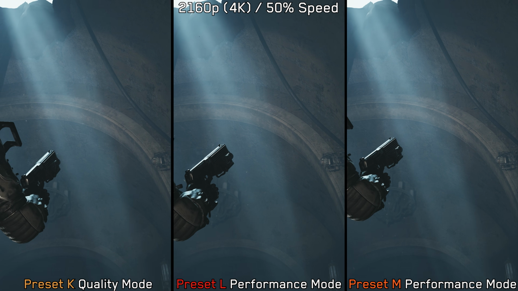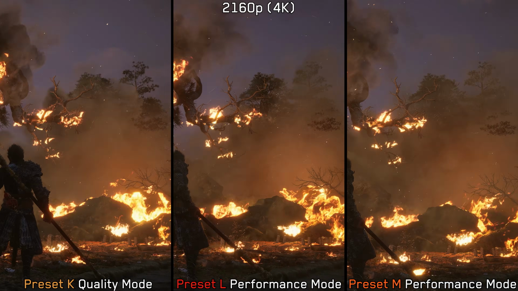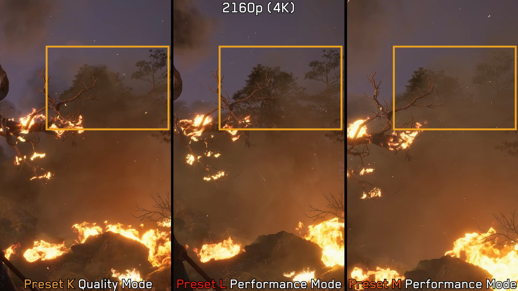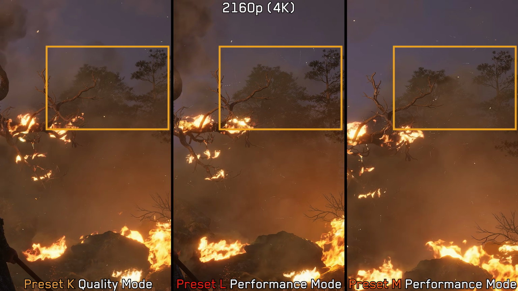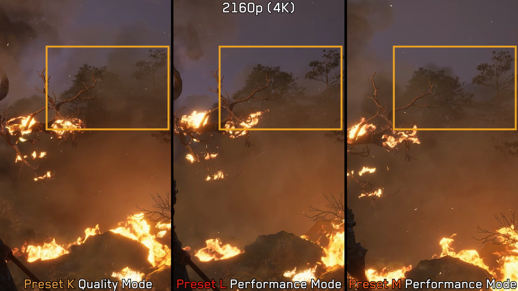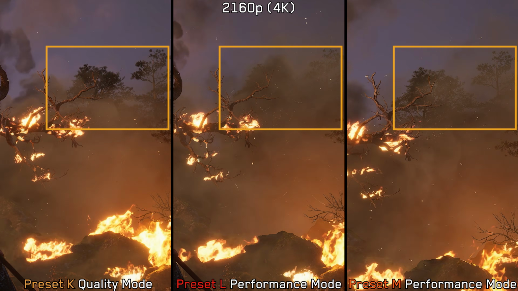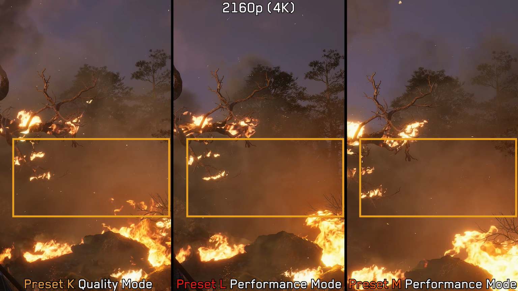Another problem which might be related to the disocclusion issue is how certain objects behind particles or volumetric effects, such as this tree, can look unstable and pixelated with DLSS 4 preset K. Looking at preset L or M, we can see that this issue is resolved and the aliasing on the tree is no longer visible. But on the flip side, particles, especially with preset L, show noticeably more ghosting compared to